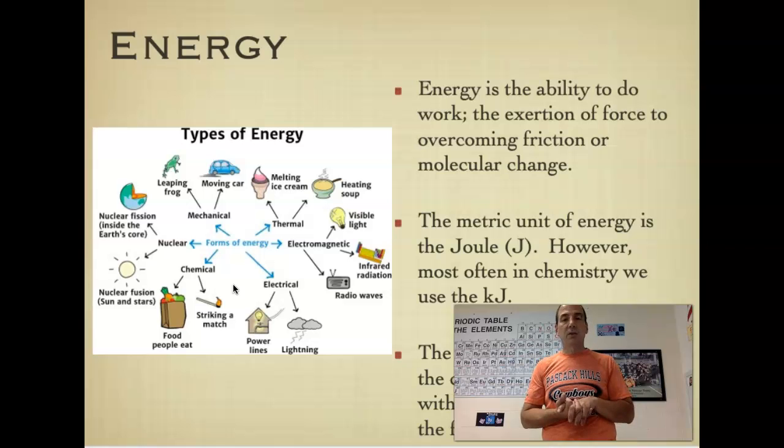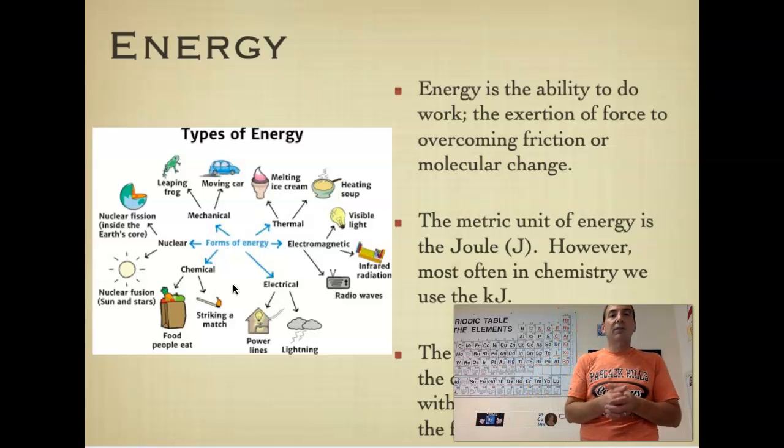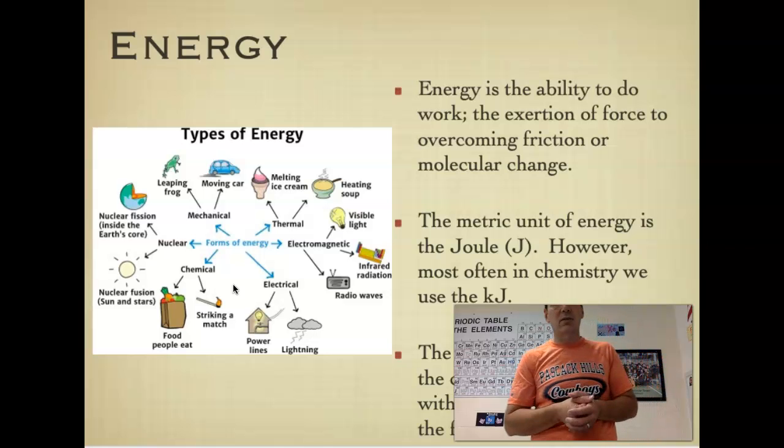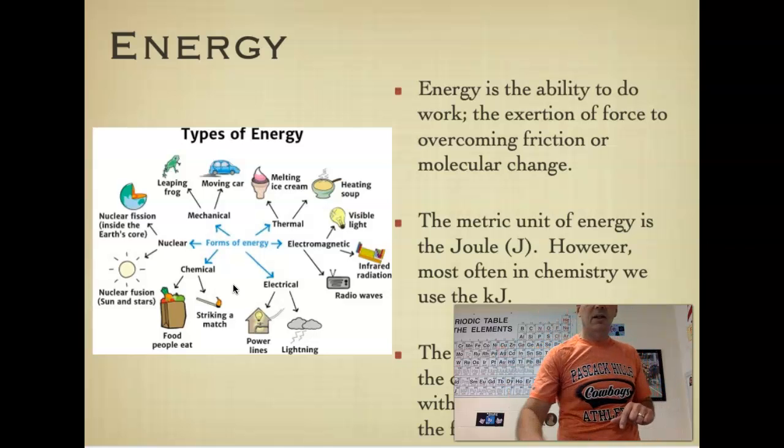There used to be something called the calorie that was created for the metric system. And then the food industry came along and changed it to a capital C Calorie because they wanted to use it, but the calories were also small, so they wanted a bigger unit, so their unit is a little bit bigger. Really, one capital C Calorie is 1,000 little c calories. But again, that's food industry stuff.